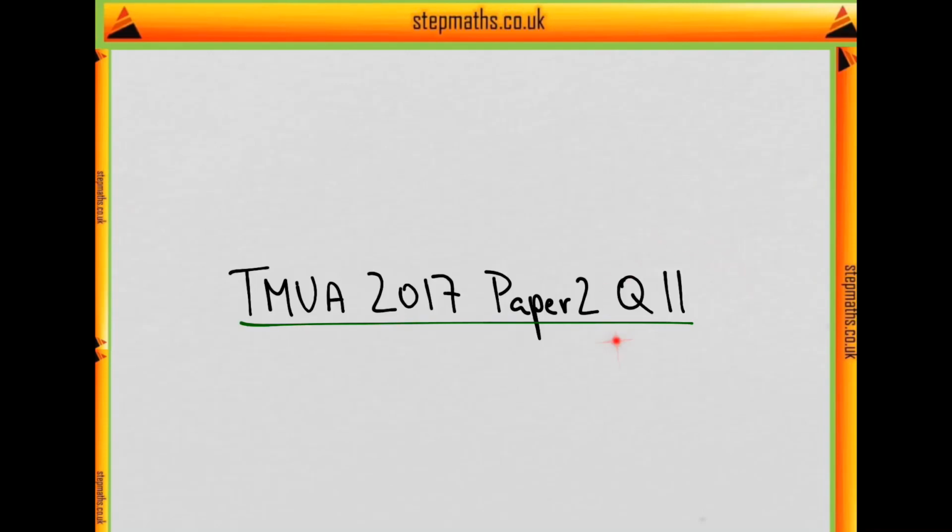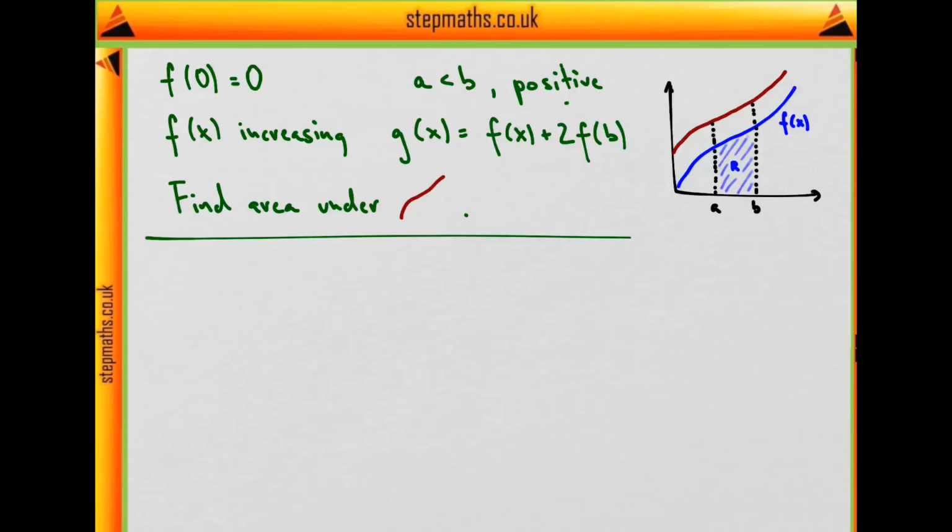In this video, we'll look at question 11 from the second paper of the 2017 exam. In this question, we have two functions, f and g. We know two things about f. One is that at 0, it takes the value 0, so it goes through the origin, and then it's always